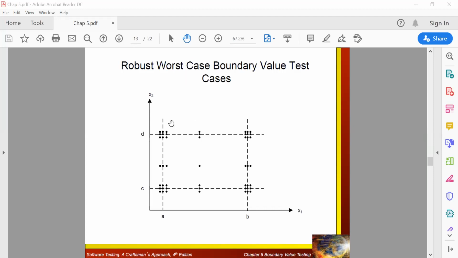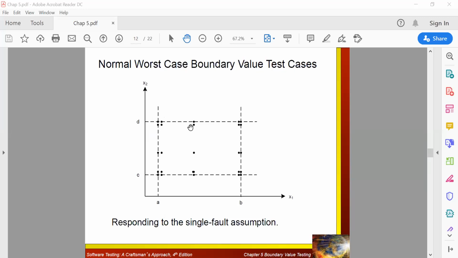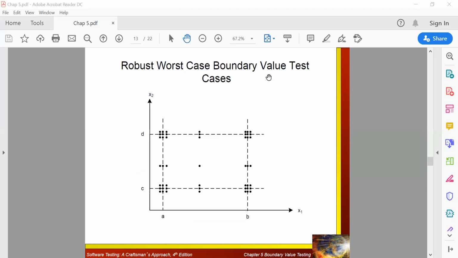robustness. Similar to robustness boundary value analysis, robust worst case boundary value analysis will also be the same thing. You can compare these two diagrams, which you are seeing, for normal worst case boundary value analysis and robust worst case boundary value analysis. See, robustness deals with one value behind it.